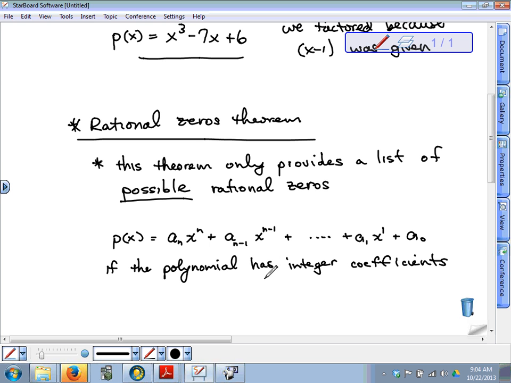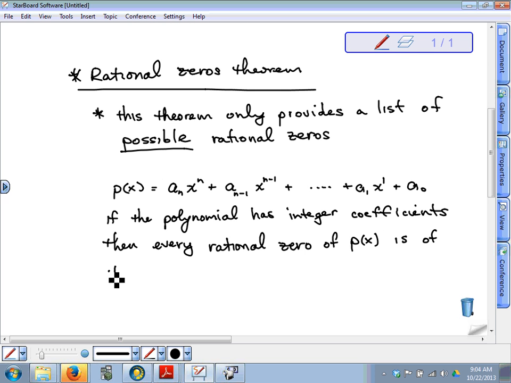If the polynomial has integer coefficients, then every rational zero of p of x is of the form p divided by q